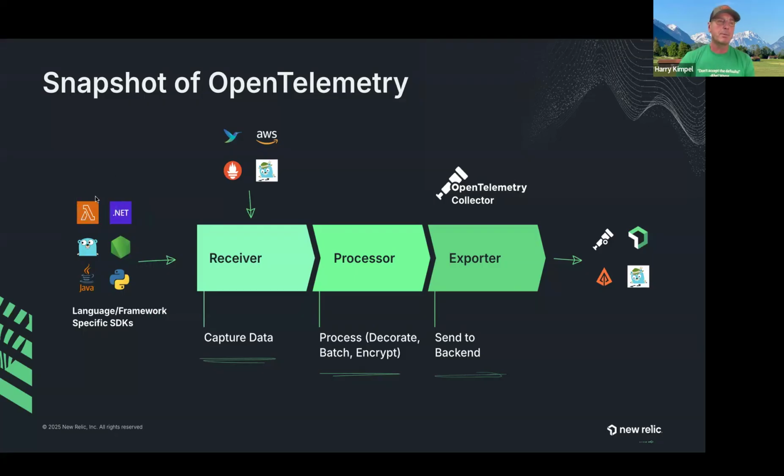So if you have a .NET application, there's a .NET agent that you can use, for Java, similarly, for Ruby, Go, Python, and so on. And the idea is that these agents would send the data into this pipeline, into this receiving portion of this collector. But you can also configure other sources for this collector. So you can provide insights into your Azure environment and collect some data from your Azure environment, from other sources, and really capture all of the information in order to then export the data at some point to